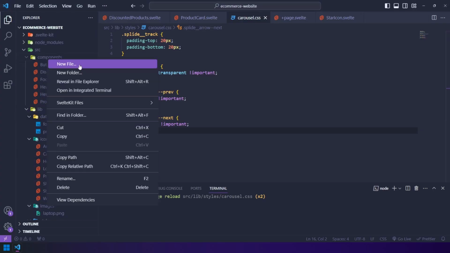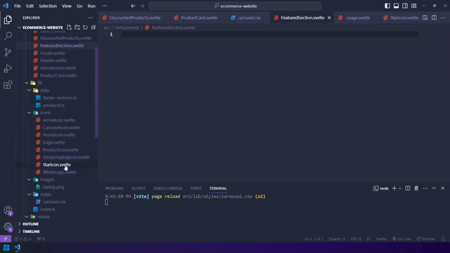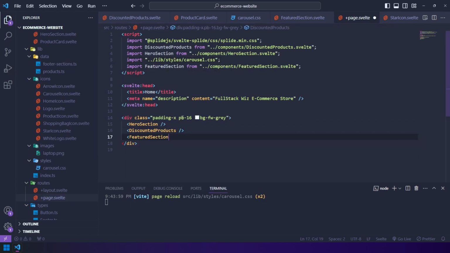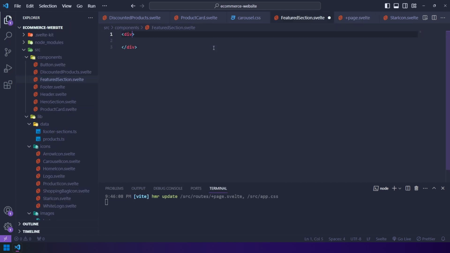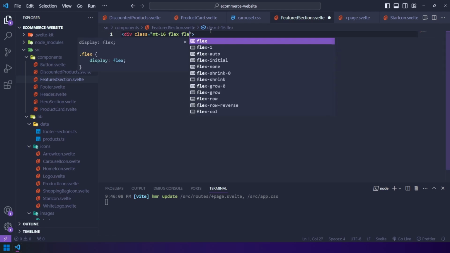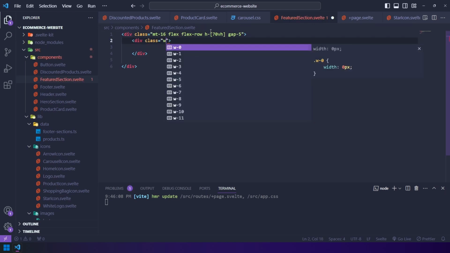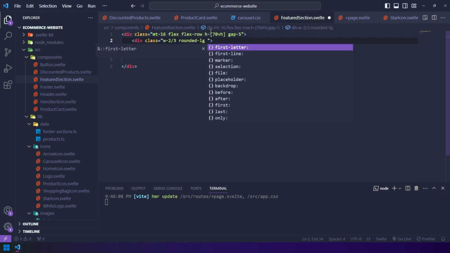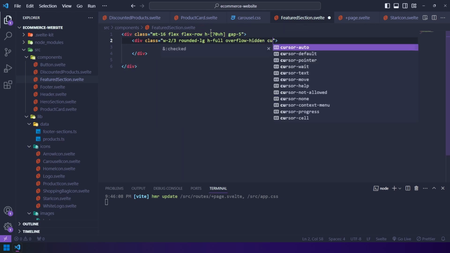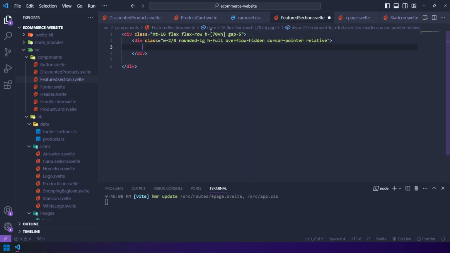You know the drill, create feature section component and import it inside homepage file. Then inside feature section component, add div wrapper with margin top, flex row layout, height of 70 viewport height and gap between the elements. First child div should take 2/3 of available width, have rounded corners, full height, overflow hidden, cursor pointer and relative